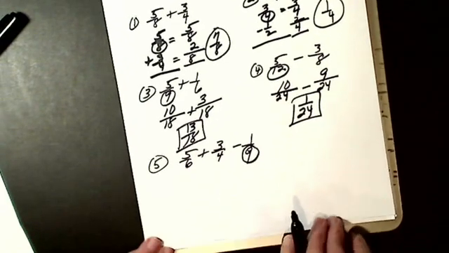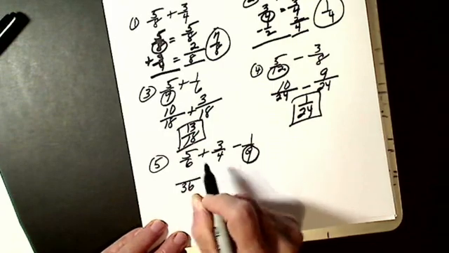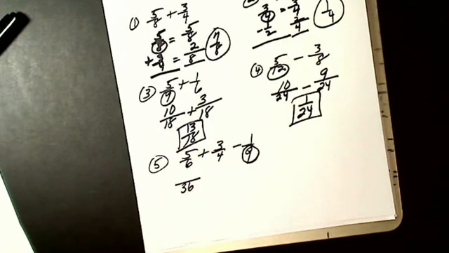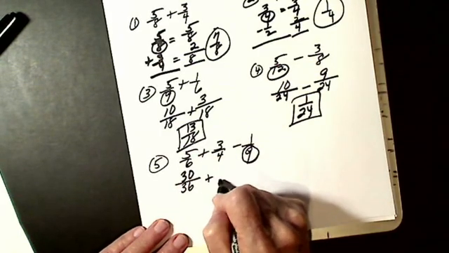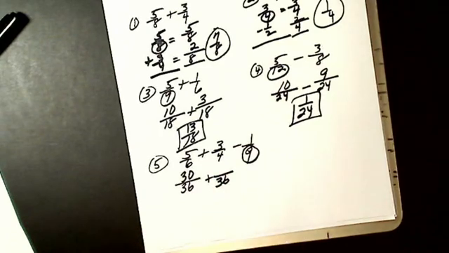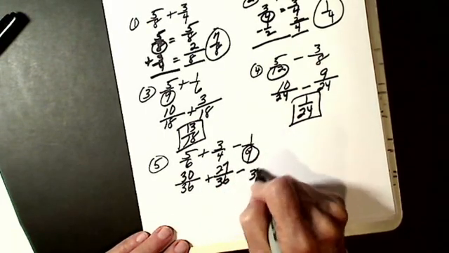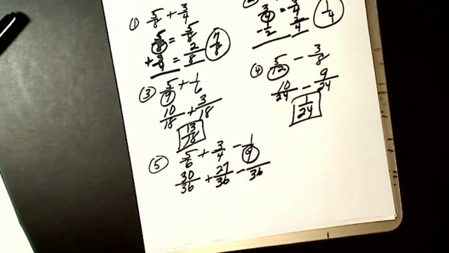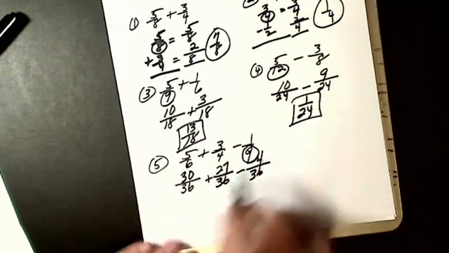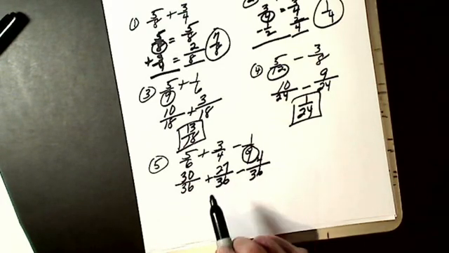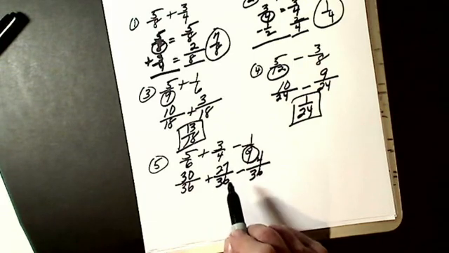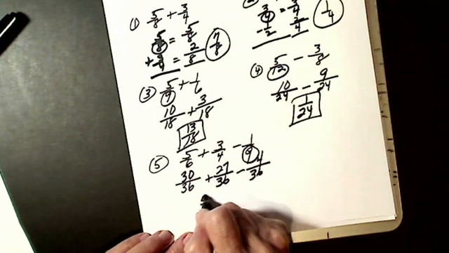So I change everything to 36. What do I multiply 6 by to get 36? 6. So I have to multiply 5 by 6, which is 30. What do I multiply 4 by to get 36? 9. So 3 times 9 is 27. What do I multiply 9 by to get 36? 4. So 1 times 4 is 4. Now I just do my thing. 30 plus 27 is 57. 57 minus 4 is going to be